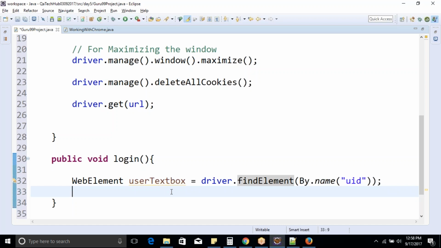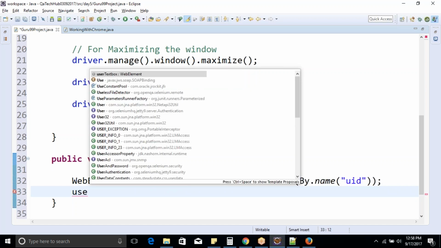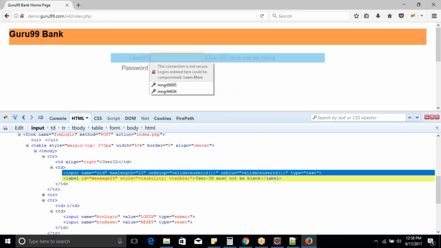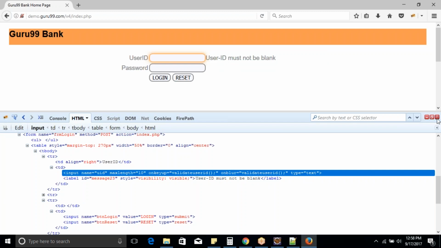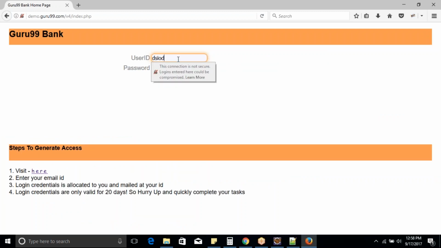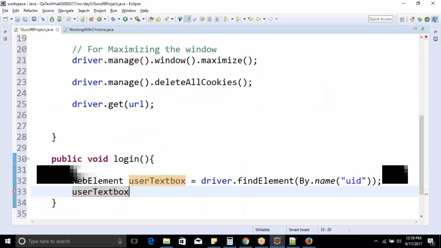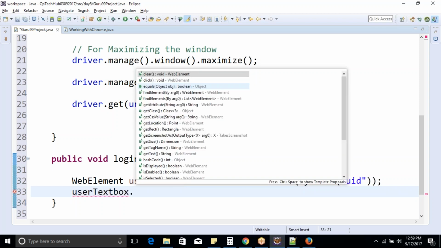So next, once I identify the element, the next step will be to perform an operation on that element. There are many actions which you can perform, like on this user text box. On a text box, what operations can I perform? I can write in a text box, I can clear, I can click. These are three operations I can think of for a text box, right? I can write, I can clear, and I can just go and click on it. Whatever operations I said, these are actions. Once I press a dot, you can see all those actions start coming: clear, click, and then there will be